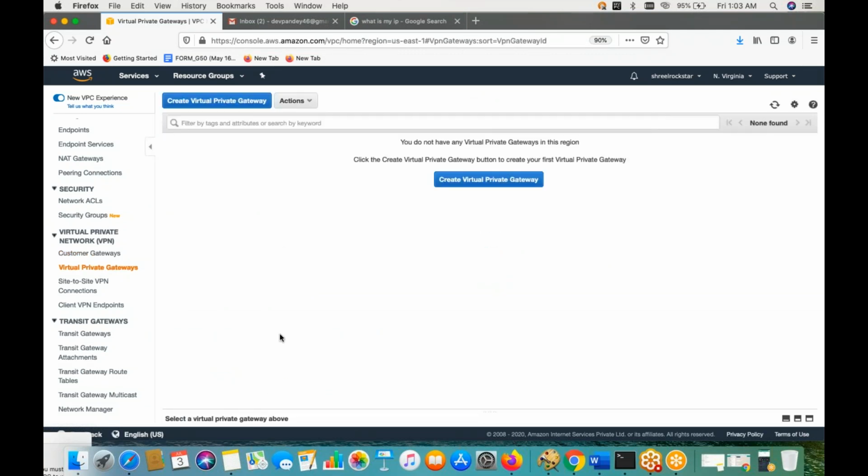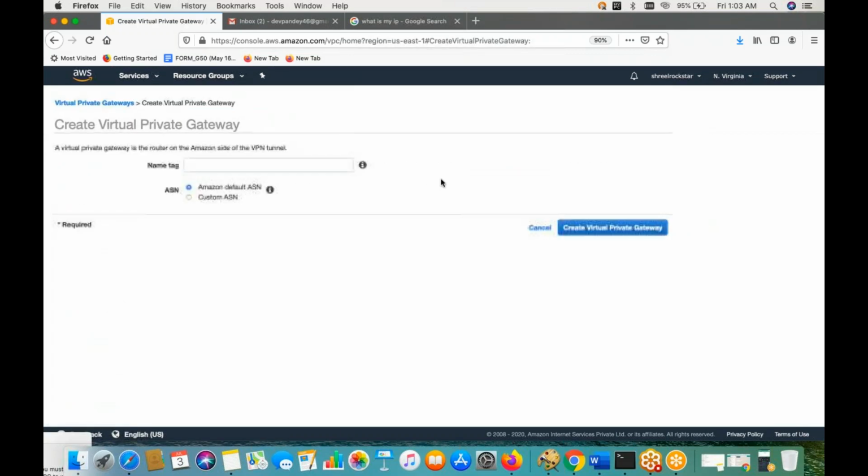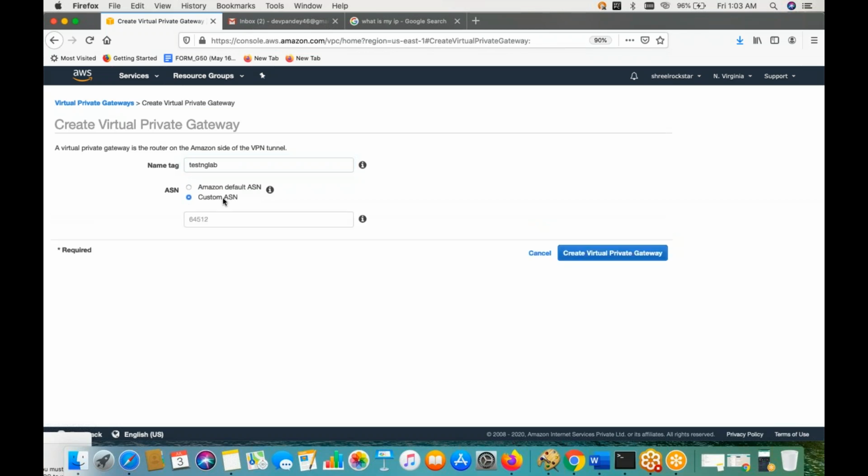Now go to your VPN gateway, sorry, virtual private gateway. What is a virtual private gateway? One side is the customer, one side is you. So you are configuring your AWS gateway here. I can give a name again. And here, guys, we always use the Amazon default ASN, which is part of the configuration Amazon provides from the AWS side.